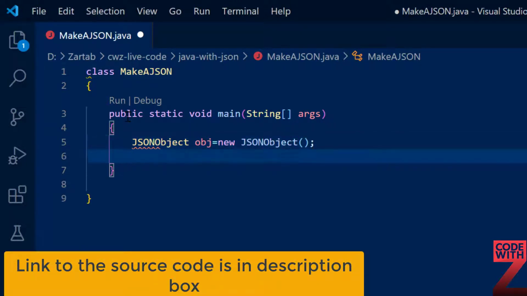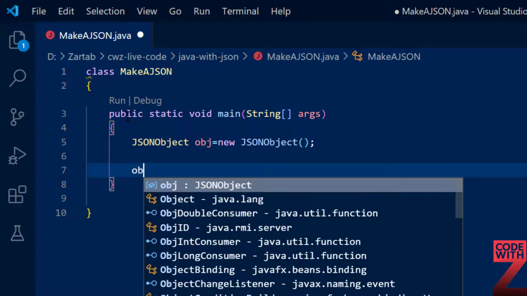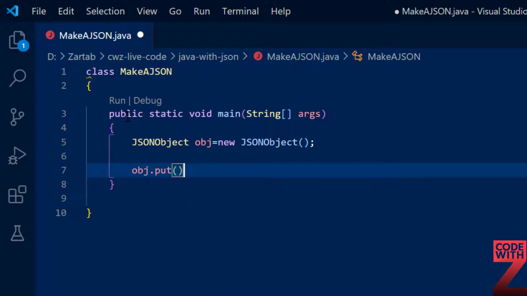So it's a simple object, and what I'm going to do now is obj.put. Now put requires you to pass a key, so I'm going to say name comma code with z.